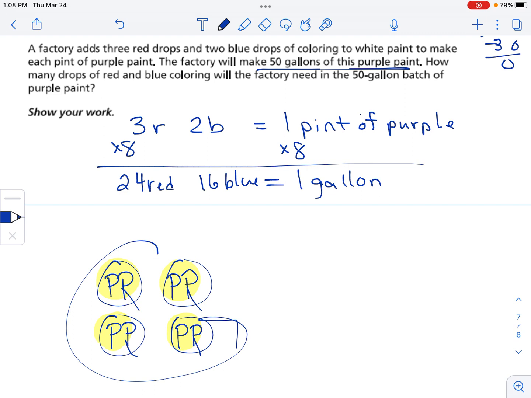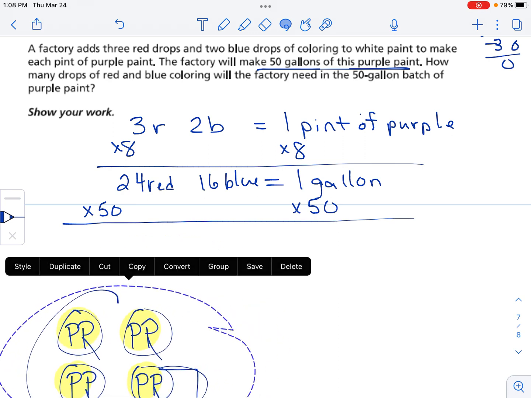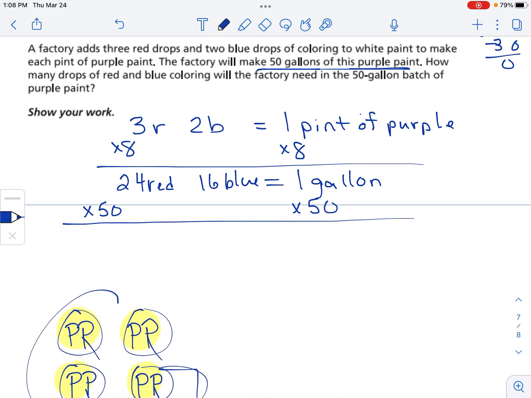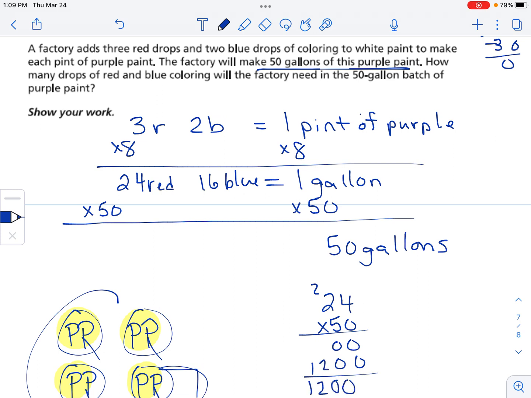Now, we're not making 1 gallon, we are making 50 gallons. So now we have to multiply that by 50. That's going to tell us how much of each we need. Okay, so to make 50 gallons, well, let's do 24 times 50 first. Placeholder, that's 20, and that's 12. So we need 1,200 drops of red,